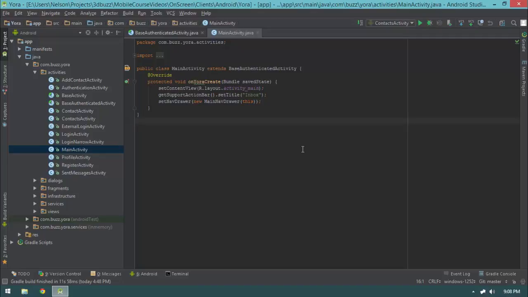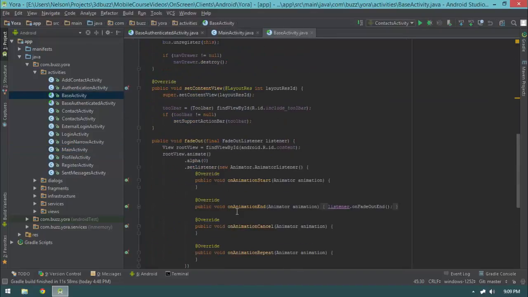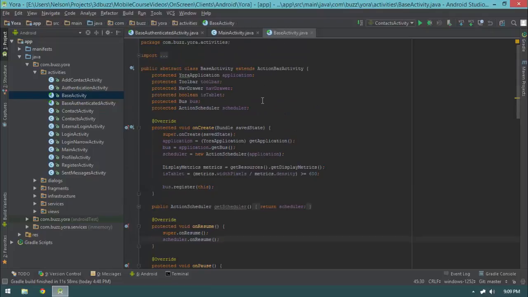So what I want to do here is address this problem, and what I'm doing here is pretty hacky, but it's the best solution that I came up with. And again, the whole purpose of handling the bus unregistration in onDestroy is to reduce complexity in the rest of our application. Unfortunately, in this particular case, it's going to require that we do something that looks a little hacky, but it'll work. I'm going to go into my base activity,